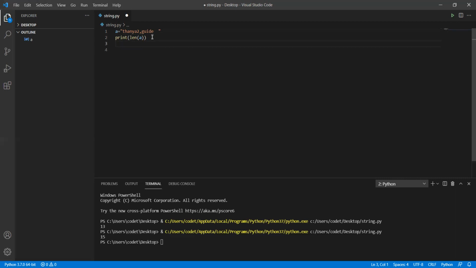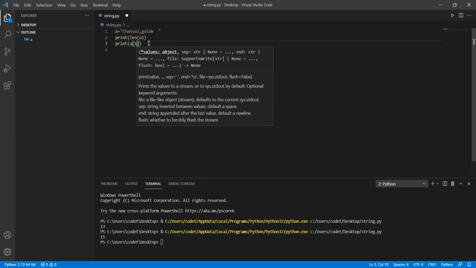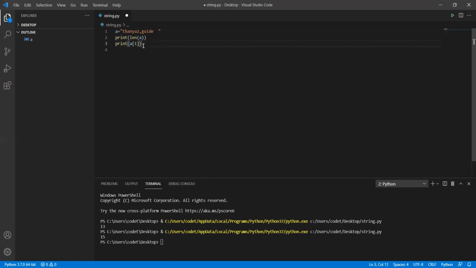So now let's go for the second manipulation where we'll get the index position. For the variable a, I'm just finding print of a of first index position. So always when you're giving an index position, you mention that with square brackets. Now see, you will get the value of the length and also the index position, what is there at first index. So T is in 0th index position and H is in the first index position. That's why we are getting H. Okay. Now let's go to another one.